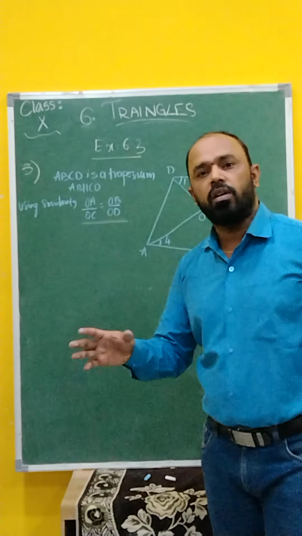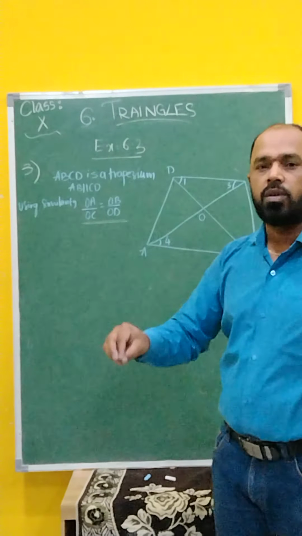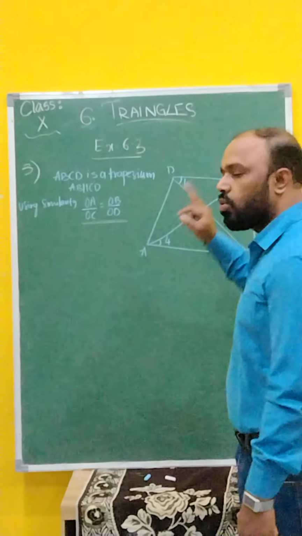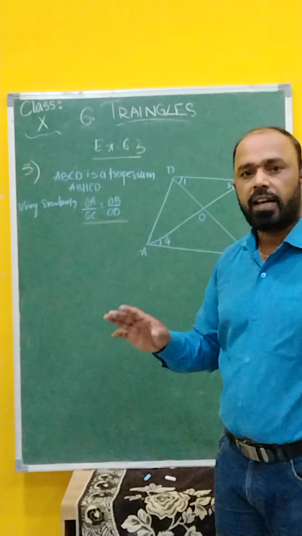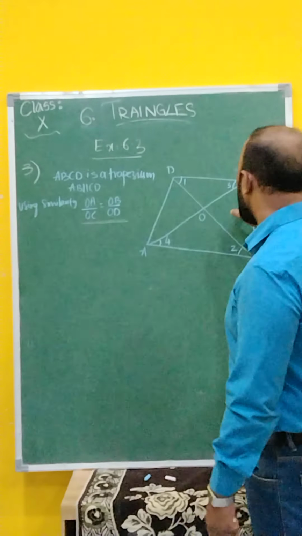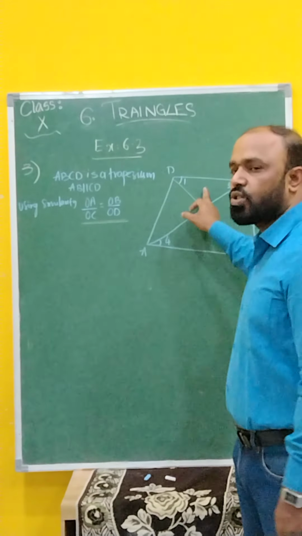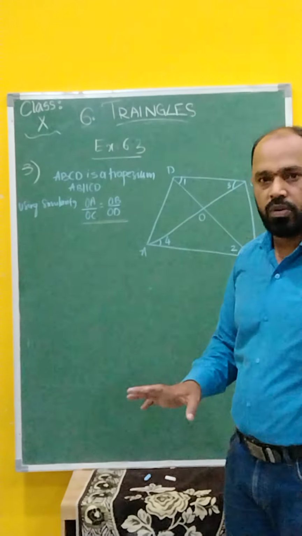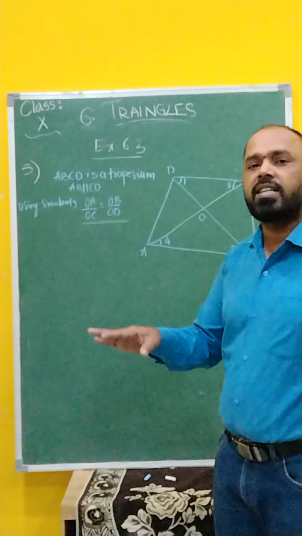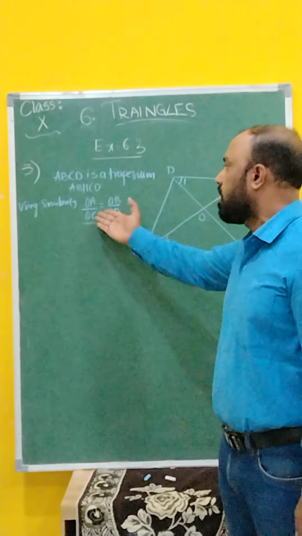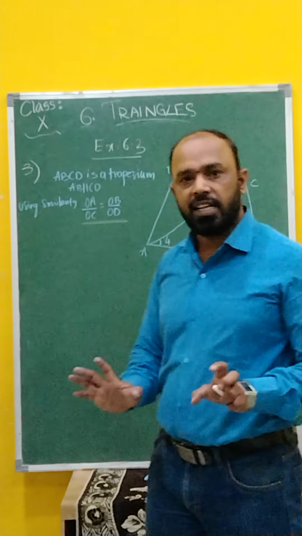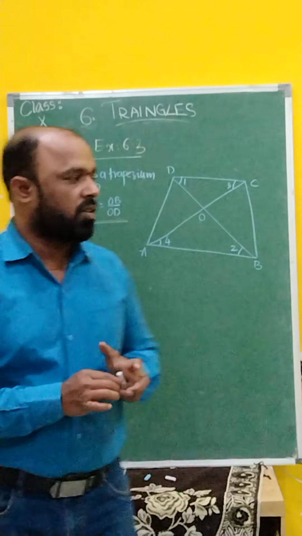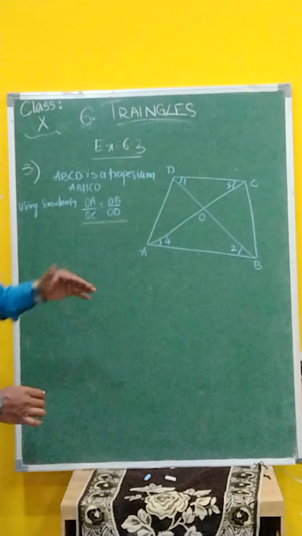Similarity means, if we have to prove two triangles similar, here two triangles, what is that? Triangle AOB and another one, triangle COD. These two we have to prove similar. Then obviously the sides are proportional. What are the sides? OA by OC is equal to OB by OD. That we have to do. Clear, children? Similarity we have to use now. What is that similarity? Now we will check.